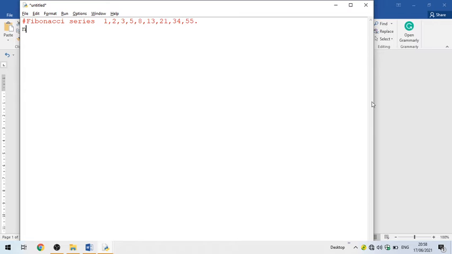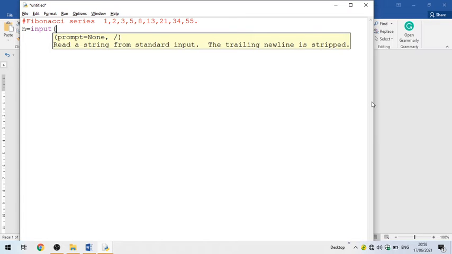So first we put a variable named n, and we take the input from the user. So input, and we put the prompt: enter the number of terms in the Fibo series.